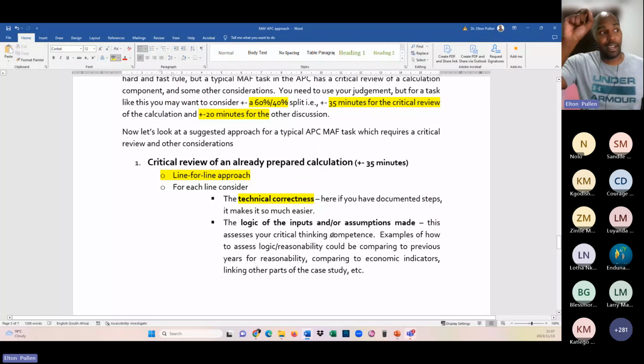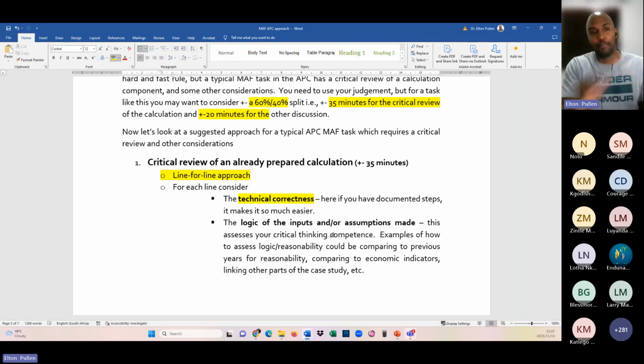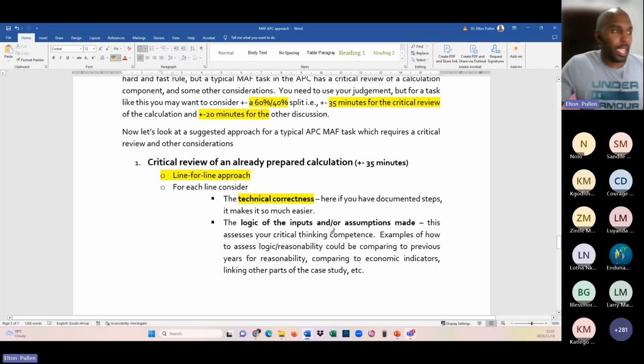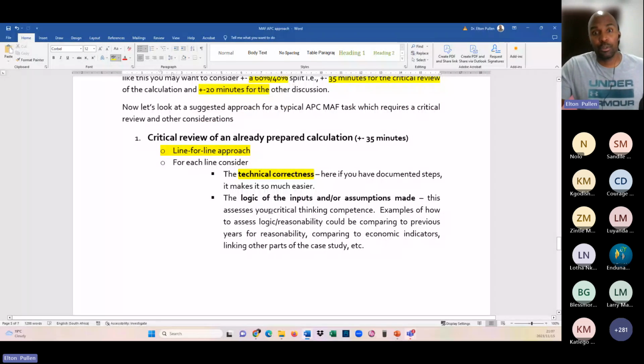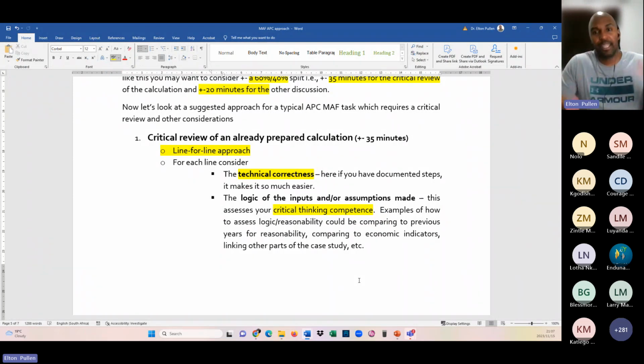So remember, for every line you're going to consider the technical correctness, and you're going to use your documented steps, hopefully, to help you with that. And then the second part is that some of the lines you're going to consider may have illogical inputs or assumptions. So you want to consider the logic of the inputs or the assumptions. This is the part that assesses your critical thinking competence, and it's usually the big difference between APC and ITC. ITC is very much technical with a little bit of critical thinking competence, whereas in APC the critical thinking competence becomes a bigger layer. And it's very difficult to study